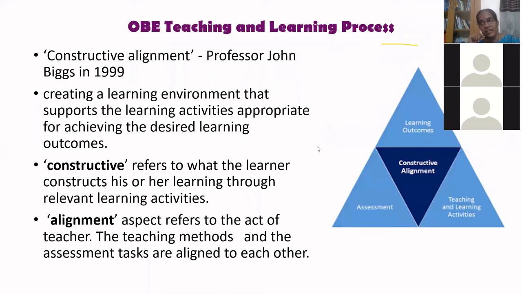In order to make your students achieve a particular outcome, for CO1, for example, what type of strategy and teaching method are you going to follow? For that, what assessment tools are you going to use? What learning activities are you going to give your students? After teaching, you have to coach, or suggest or plan some activities that lead to the learning. That we call the constructive alignment process.